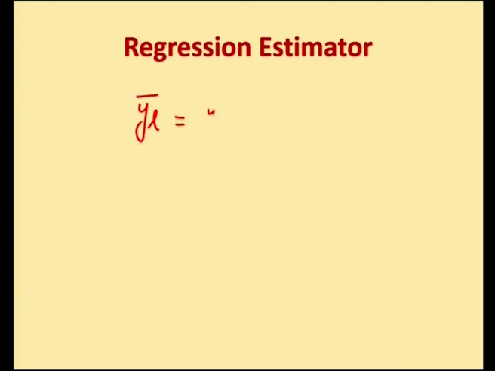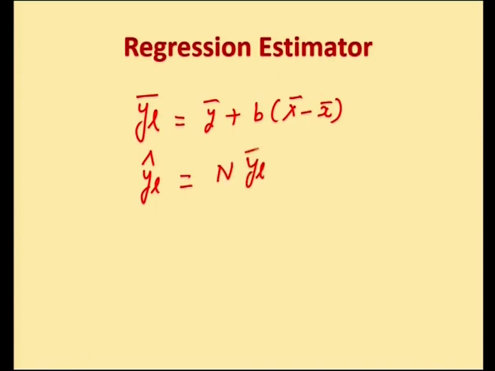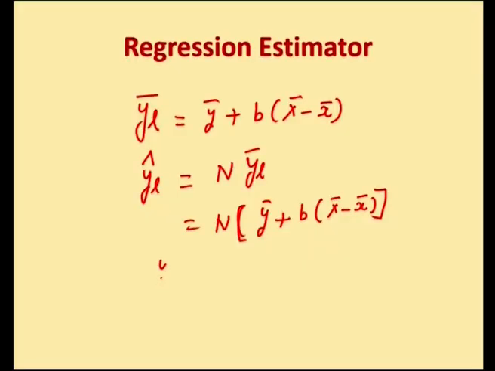And now the regression estimator is YL bar is equal to y bar plus b into capital X bar minus small x bar, and the regression estimator for the population total, where again L stands for linear regression, is given by capital N into YL bar, that is capital N into y bar plus b into capital X bar minus small x bar. When the regression is linear and the line passes through the origin and x bar is an unbiased estimator of the capital X bar, we get the linear regression estimator to be